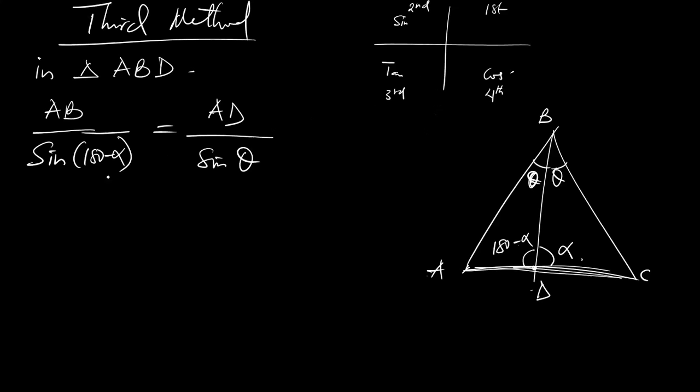So now, 180 minus alpha falls within this range. Since sine is positive in the second quadrant, that means sine 180 minus alpha is equal to sine alpha. So we're going to rewrite this as,